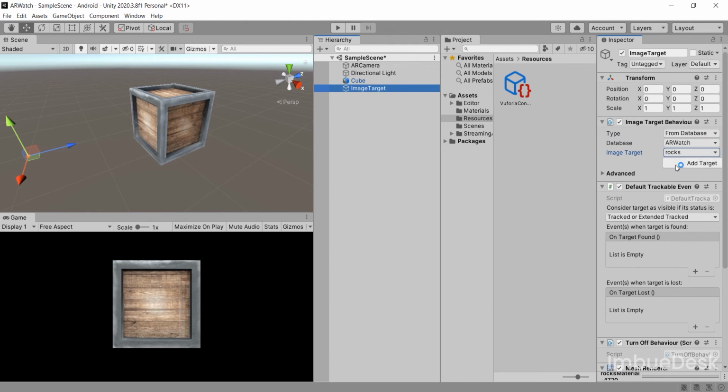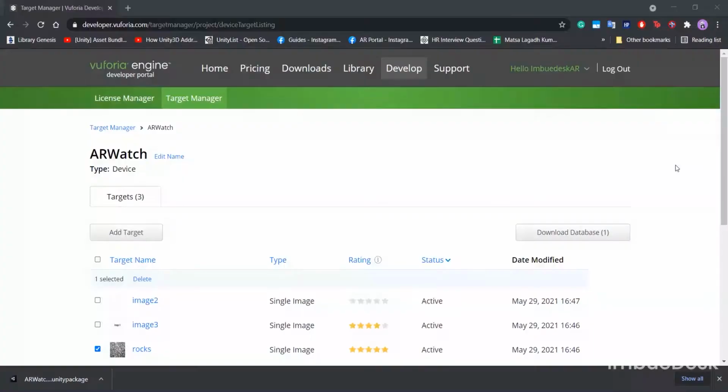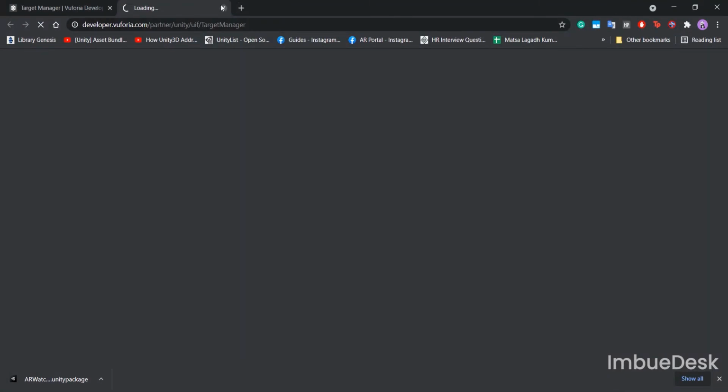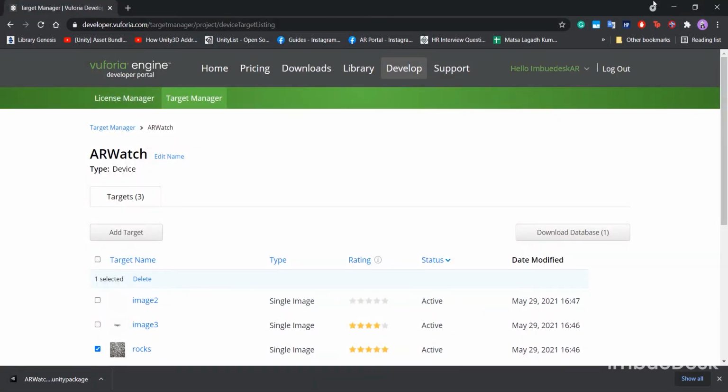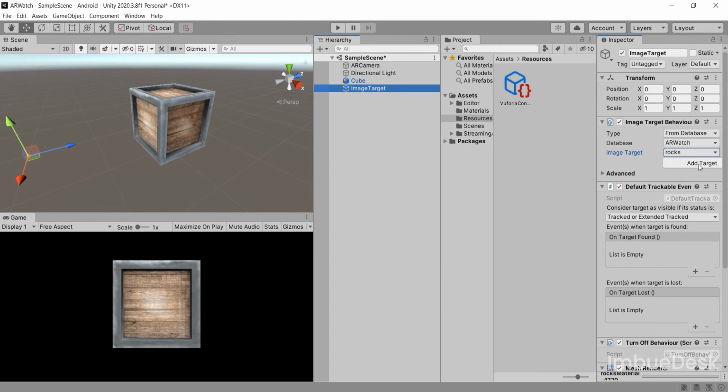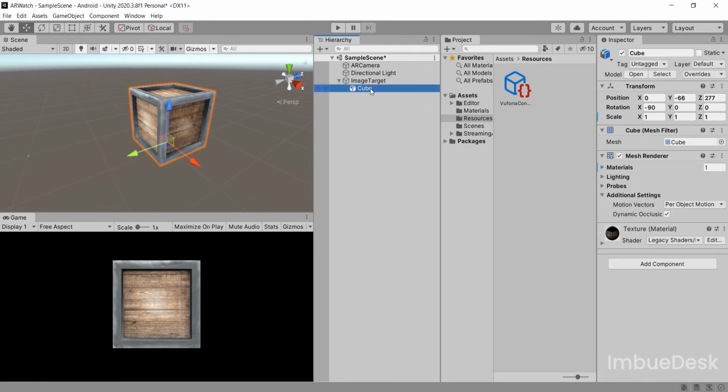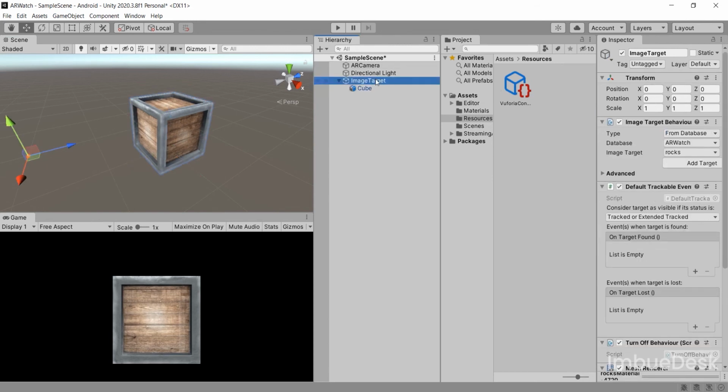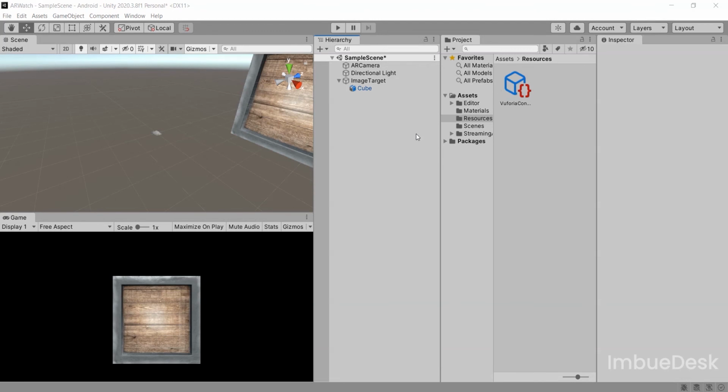This add target is for if you don't have the database, then it would be redirecting you to developer.vuforia engine. As I already have the database, I won't be adding a target. Now I need to make the image a parent of the cube. That means the cube should be a child of the image. So that now if you see the image target, now that you have added the image target and a cube as a child of the image target,